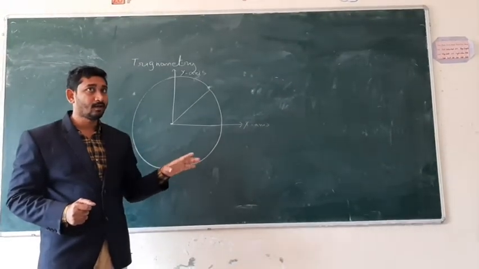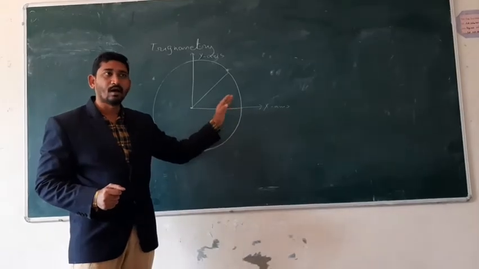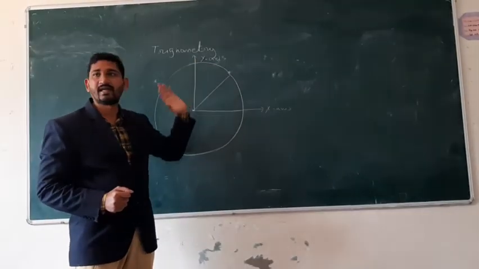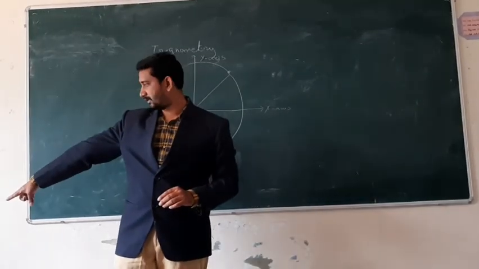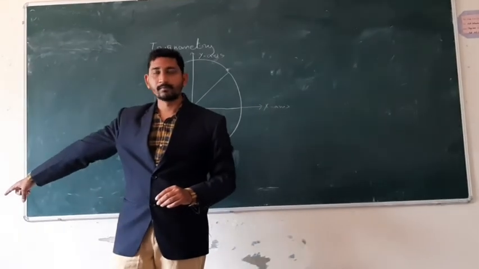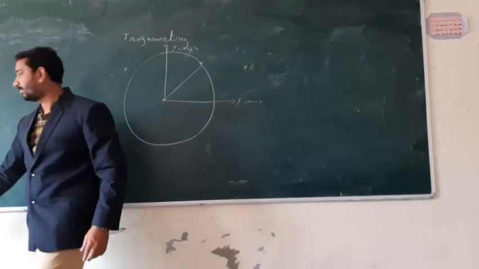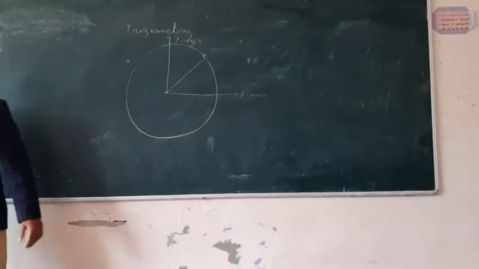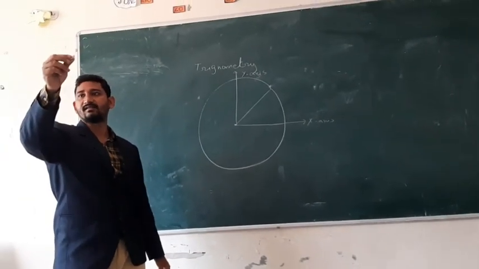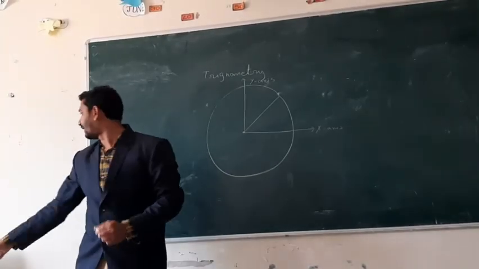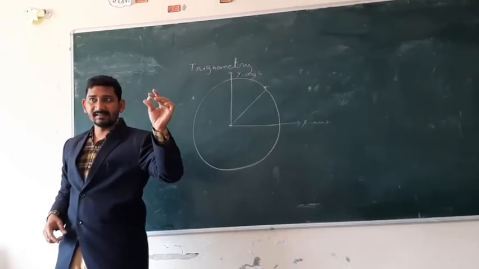Now, how much distance did the ball move on the x-axis? How much distance did the ball move on the y-axis? For example, if the corner point is the origin, and I throw one chalk piece from there to here. The chalk piece came from there up to here. Now, what is the position of this chalk piece on the x-axis? If that is the x-axis and that is the y-axis, how do you find out?